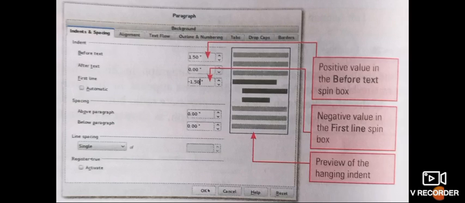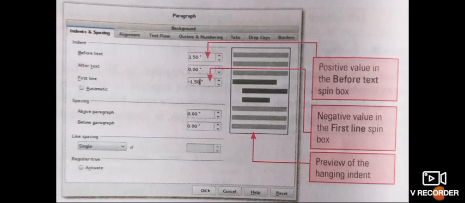First there is indent: before text, after text, and first line. In before text, if the values are shown and we increase the value, the indentation, meaning the space between the margin and the text, increases.